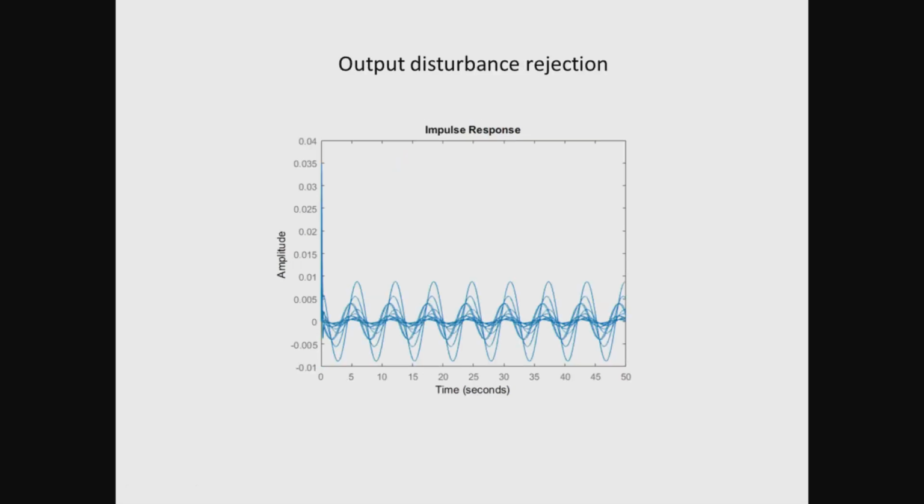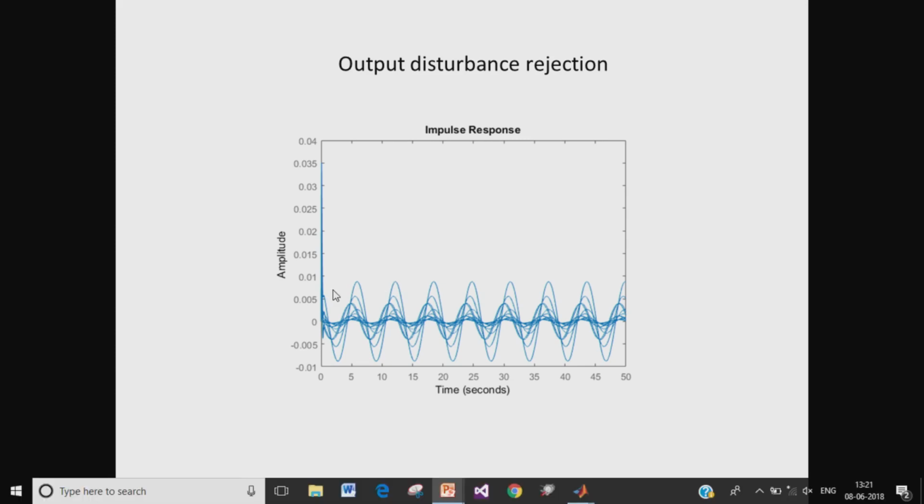Likewise, we have also plotted the output disturbance rejection performance. We expected the output disturbance to be rejected by 90%, or the output disturbance should leak by an extent of at most 10% to the output of the overall feedback system, and what we see here is that the amplitude of the disturbance, in this case we have chosen the frequency of the disturbance to be 1 radian per second, is suppressed to just 1% of its initial magnitude.